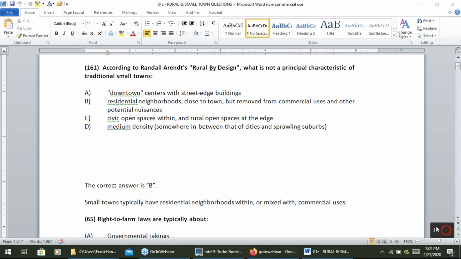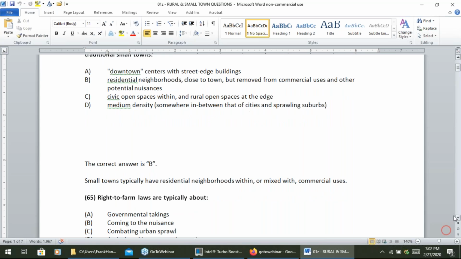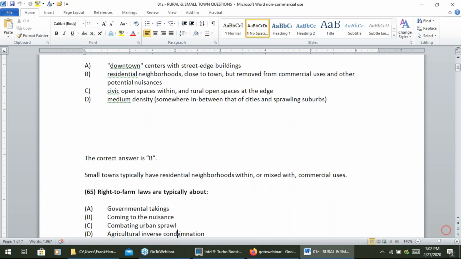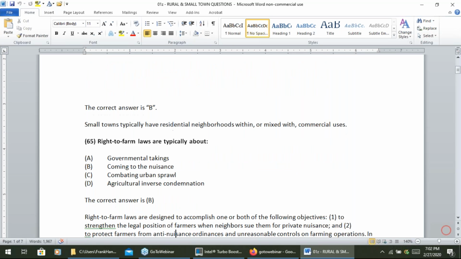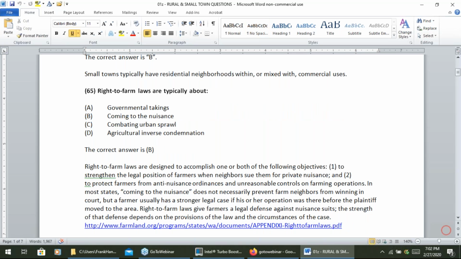All right. Let's go back to the questions here. 65, right to farm laws are typically about B, B as in boy, coming to the nuisance, right? Yes. Right to farm law designates to accomplish one of the more following objectives: to strengthen the legal position of farmers when neighborhoods sue them for private nuisance, and 2, to protect farmers from anti-nuisance ordinances and unreasonable controls on farming operations.